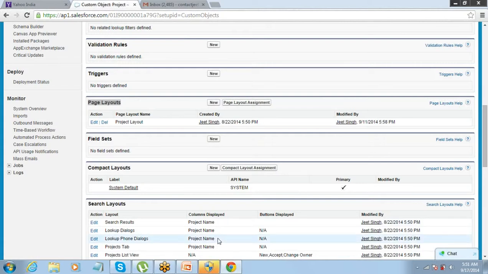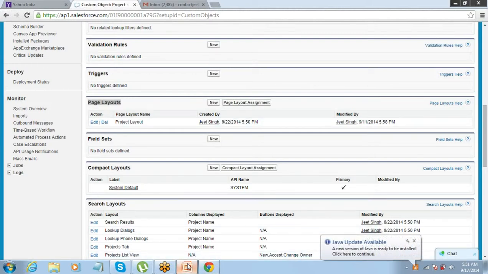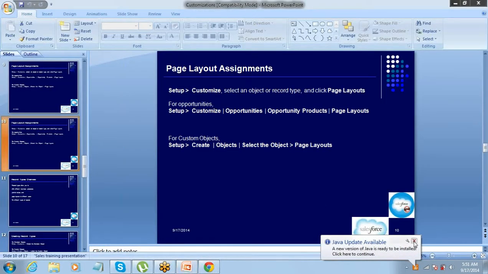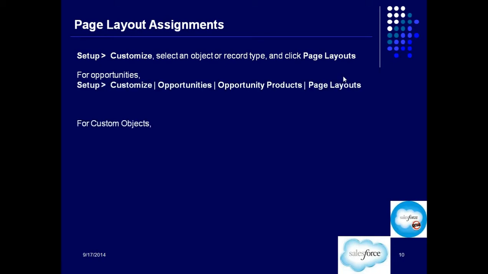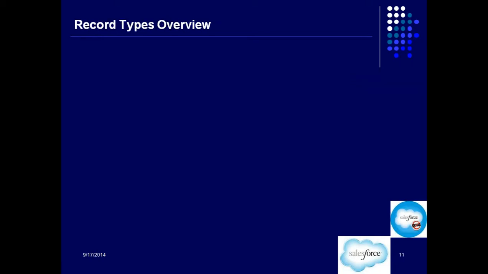So now let's move on to the next thing. So that's about page layout and page layout assignment.